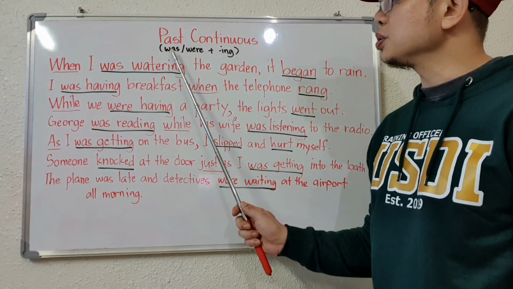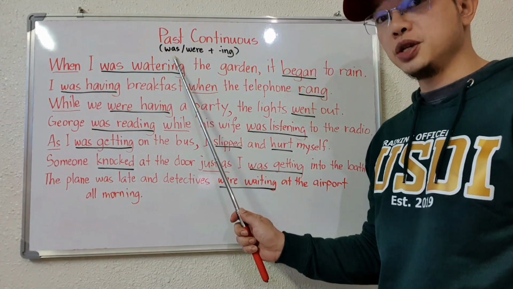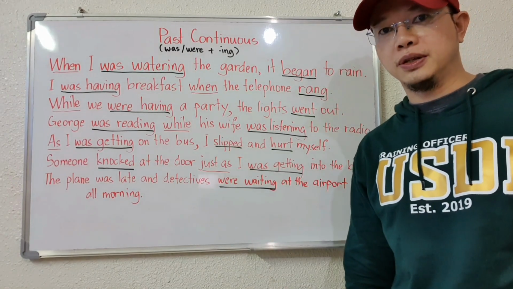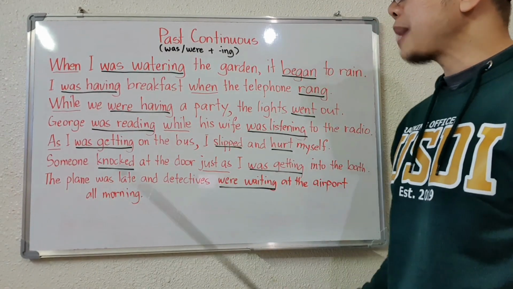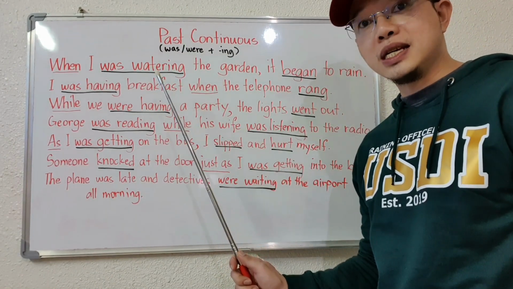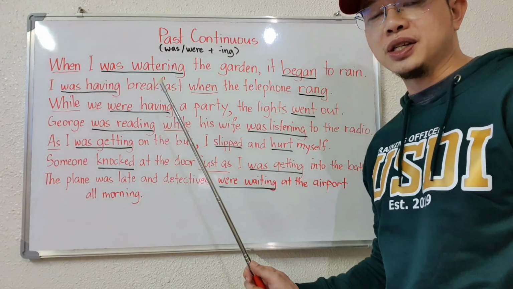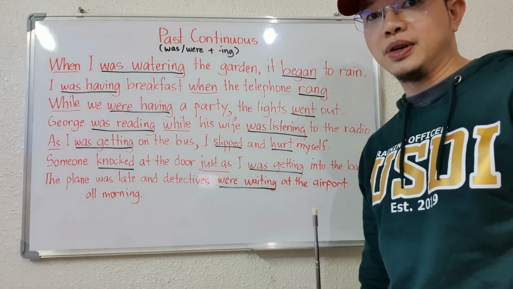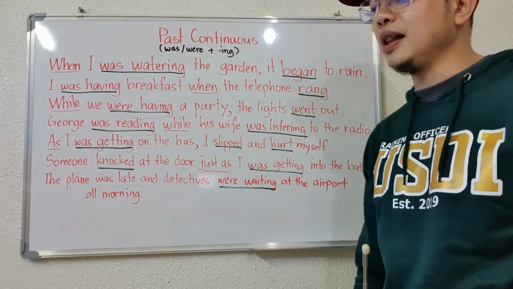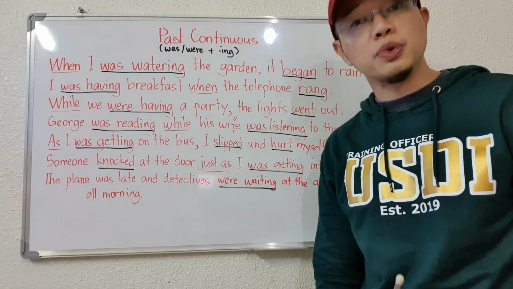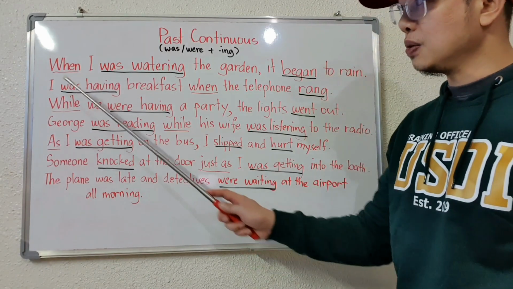Okay, you're going to use was if your subject is singular, and then were if your subject is plural. Now, past continuous is contrasted with a sudden and quickly completed action shown in the past simple form, usually. And then it involves the use of the temporal conjunctions like when,